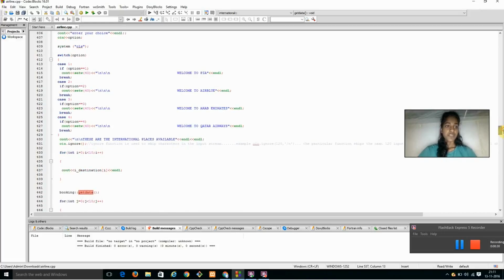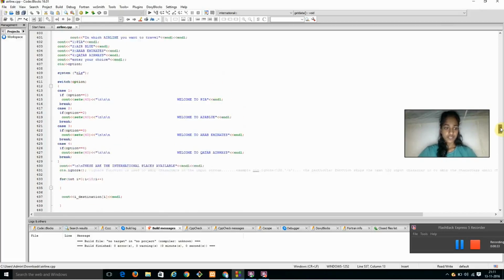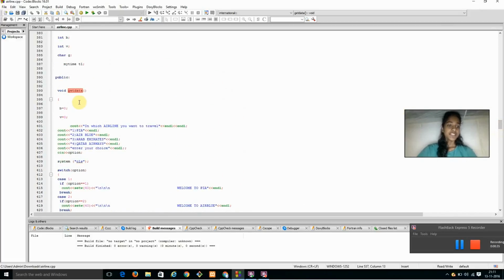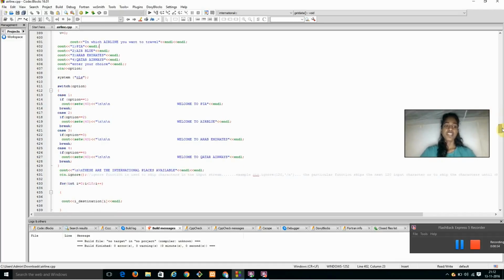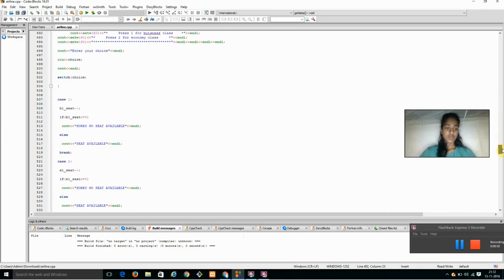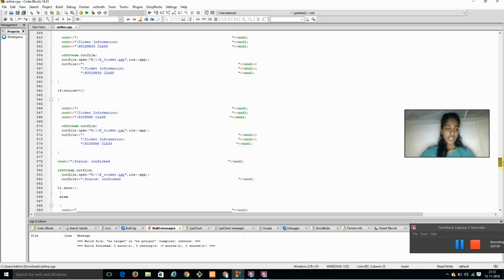Here we've defined this getData function. It's going to ask you which airline you want to travel with, and it will display the menu, that is whatever airlines are available: Paya, Airblue, Emirates, Qatar Airways and all, and it will ask you to enter the choice. According to that you will be entering choices, and any one of the cases will be matched with your choice. So we will be calling that getData function